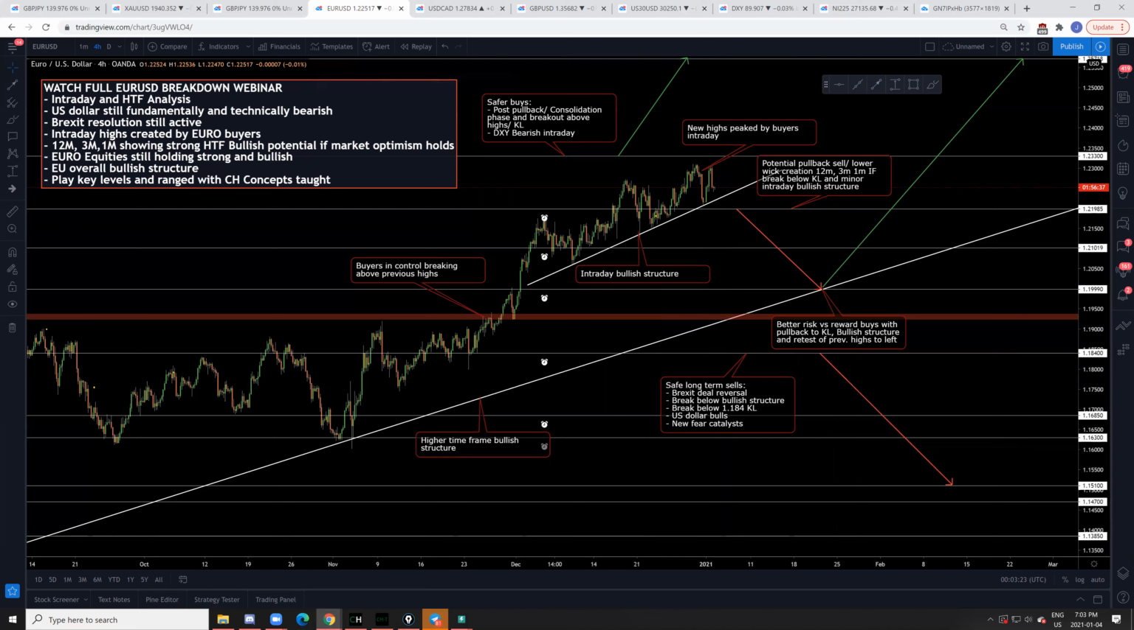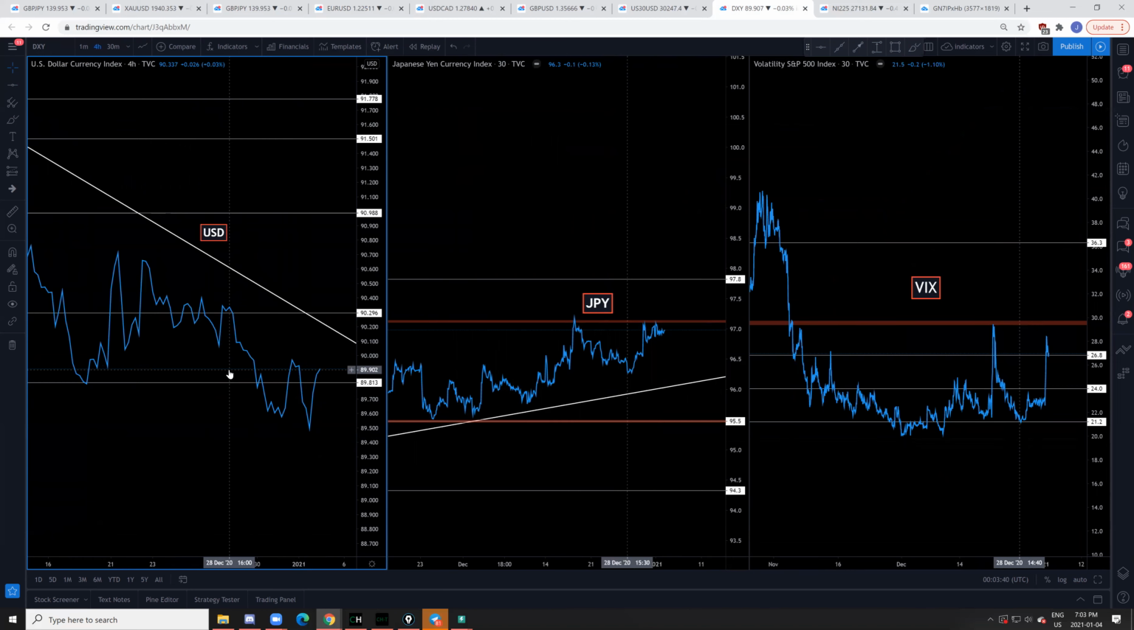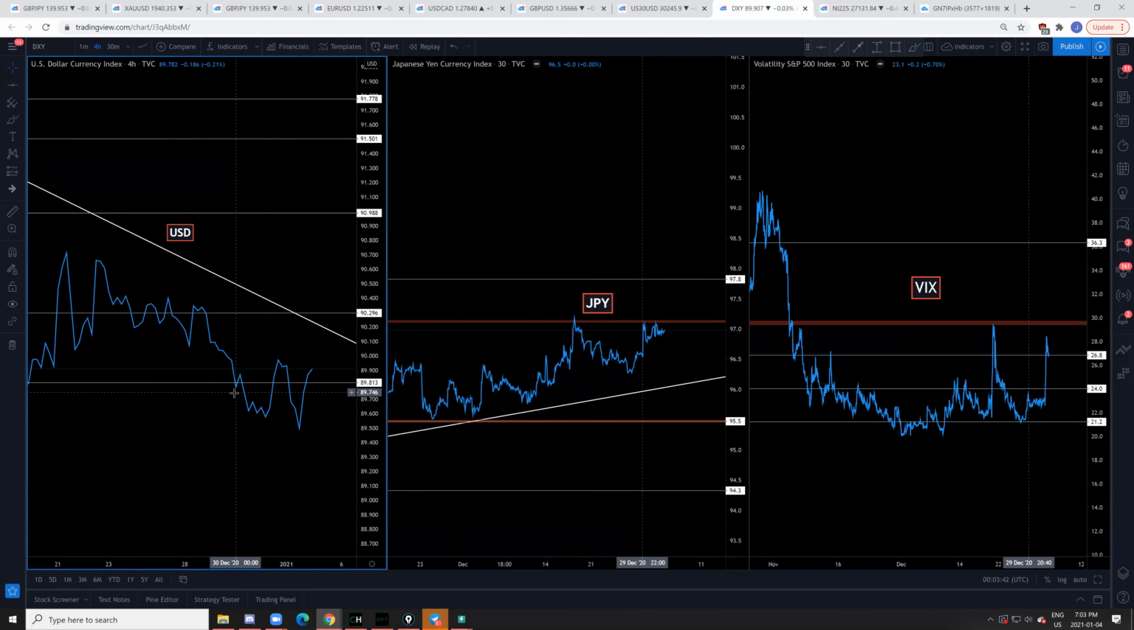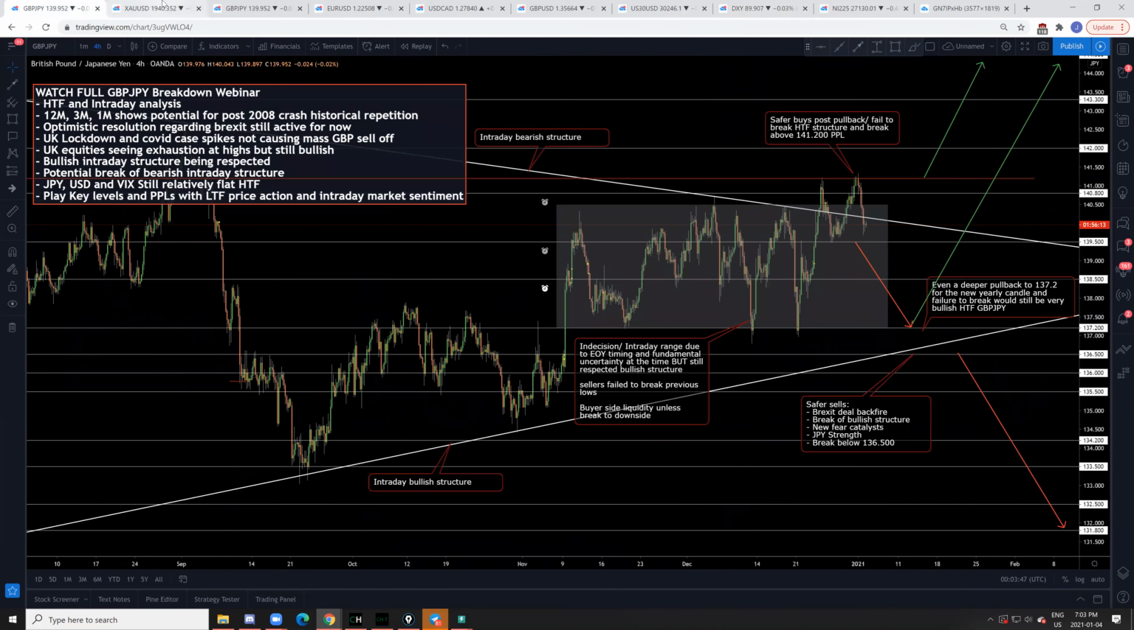Okay, so Euro USD higher time frame and intraday analysis. It started the new year where we're getting some pullbacks and exhaustion at different highs and lows. For example, the US dollar, we're looking at the dollar index, is getting bought up from its lows to start up the new year. But fundamentally, the US dollar is still very bullish. And when you're looking at the technical structure